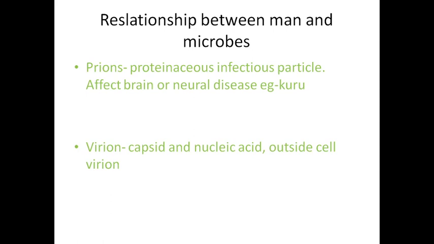Okay. Up to that, your questions were over. In the last two classes we discussed the types of microbes as well as their structure and functions and the role of microbes. Today also we studied the role of microbes, microbes in food processing, and lastly prions and virions. The important points I gave you in a slide, so go through it again. If you have any doubt, you can contact me at any time. Okay children, thank you for your kind cooperation.